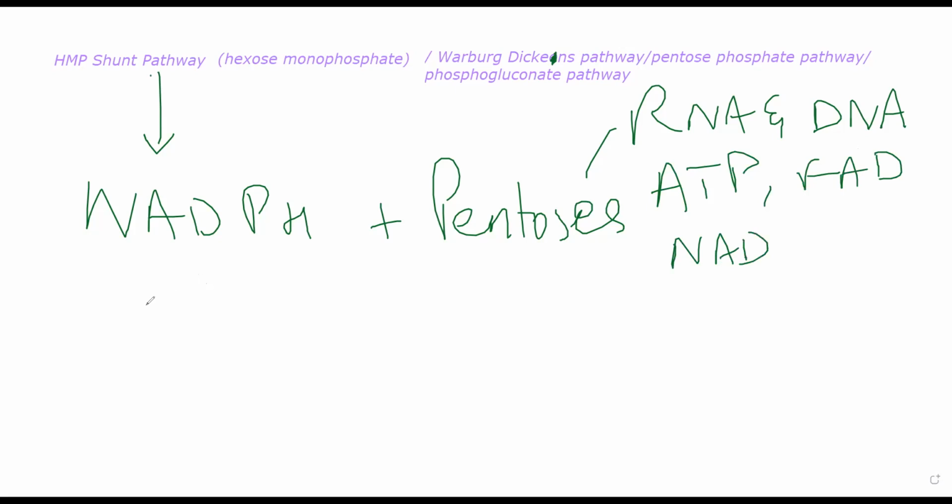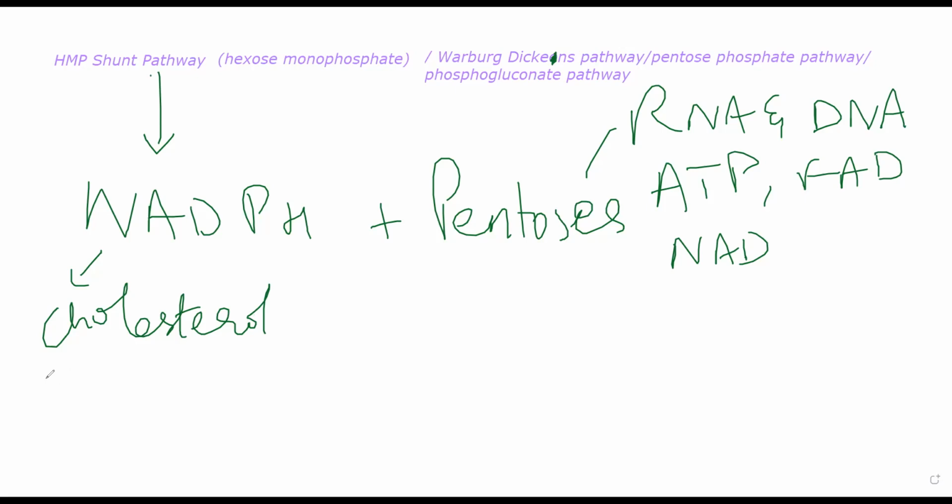NADPH is required for reductive synthesis of fatty acids. So this plays a very important role in production of fatty acids and steroids, specifically cholesterol. Now, why is cholesterol important? Cholesterol is the precursor to several hormones. ठीक है, cholesterol के basis से several other hormones are made. For example, टेस्टोस्टेरॉन, ईस्ट्रोजन, प्रोजेस्टेरॉन, वो पूरे कोलेस्ट्रॉल से ही बनते. ठीक है, if cholesterol is not present in your body, steroid hormones will not be formed. So for the production of steroid hormones itself, you need NADPH.